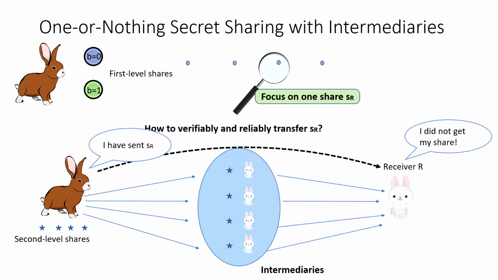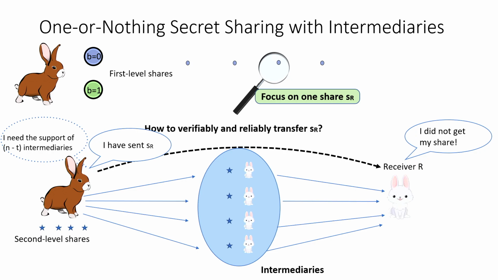Now, what happens in this case? Well, in order to not be caught, the sender has to agree with at least n-t intermediaries. At the same time, the receiver must be in agreement with at least n-t intermediaries. So there should be enough support from at least n-t parties, otherwise someone will be caught, okay? And this is exactly the observation that is underlying our tool. So I will give you now a bit more detail about that.